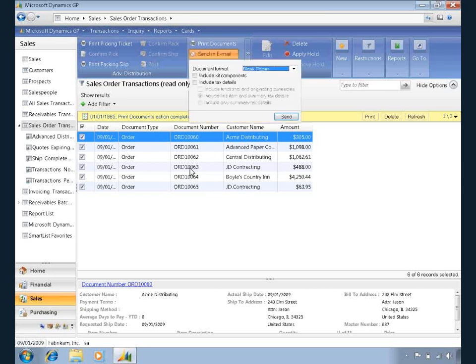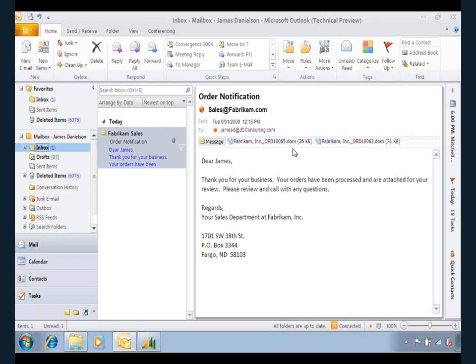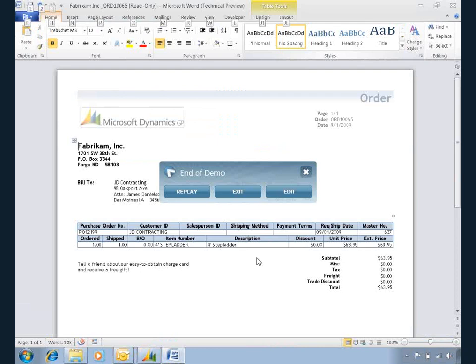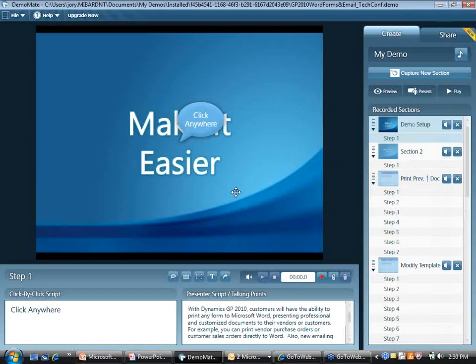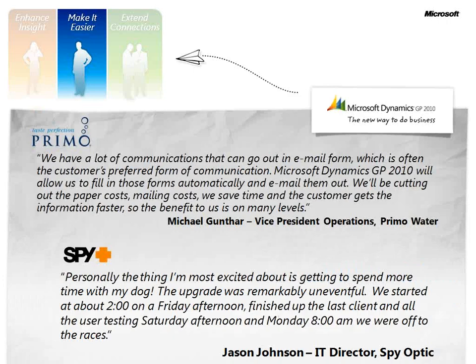The next phase that we'll look at is I want to take some time to drill into the concept of emailing invoices, emailing purchase orders, or emailing statements, again, without the use of the Forms Printer application. And even if you are still using Forms Printer, we can still use this email function. Just select it. They're in progress. On the other end, this is an example of what that invoice might look like. So pretty straightforward, very nice feature built into the ribbon tab within the application, and gives you the capability to maintain a higher level of control over the process. I'll spare you